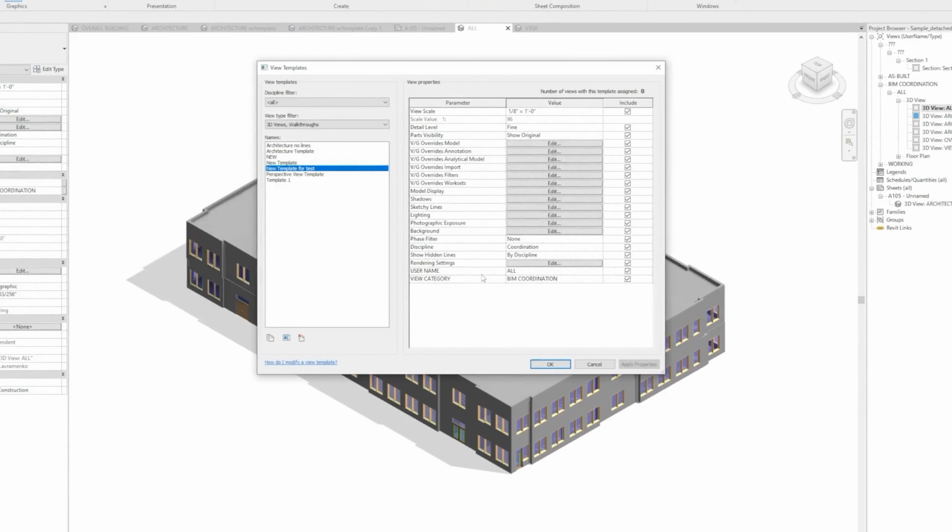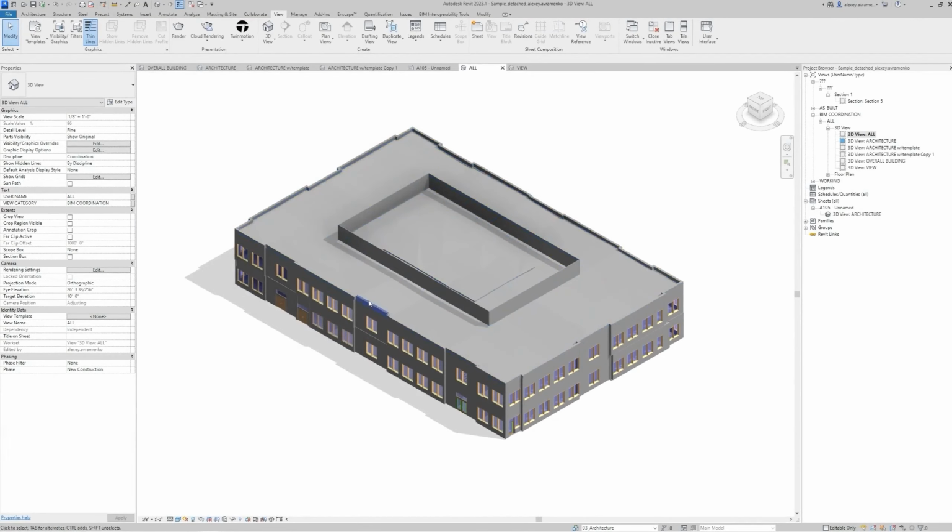You can select settings. Choose the settings that you would like to apply to your views by selecting the appropriate checkboxes in the Include tab. You can customize settings further by clicking on the Edit button next to each setting. Click OK. Now you can assign the view template to your views by selecting the view and clicking on the